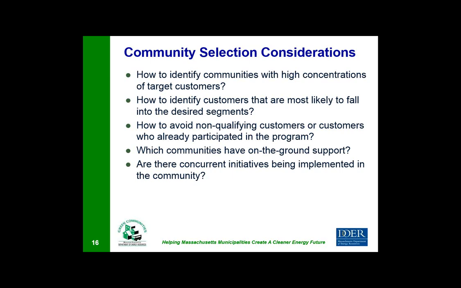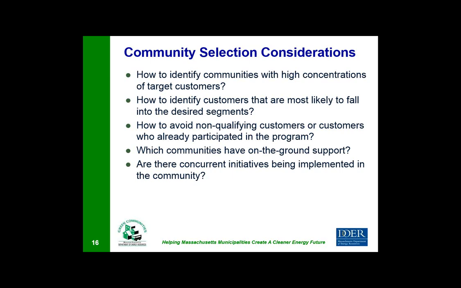So in addition to income, I should have mentioned that this program is targeting multifamily units, but ones that are in the range of 2 to 4 units. So this program really is altogether targeting low to moderate income customers who live in 1 to 4 unit structures. Again, the PAs have programs for the lower income customers as well as customers living in 5+ unit structures, but this one little sweet spot is an area that this initiative was really designed to address.